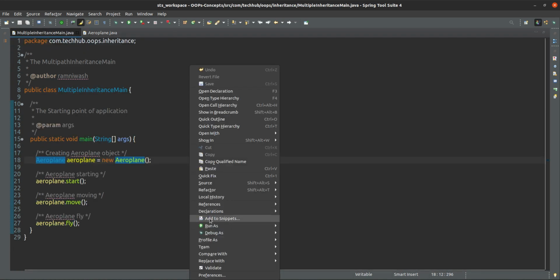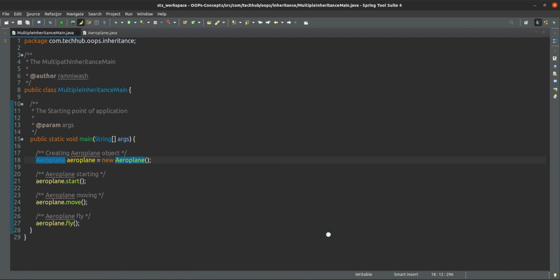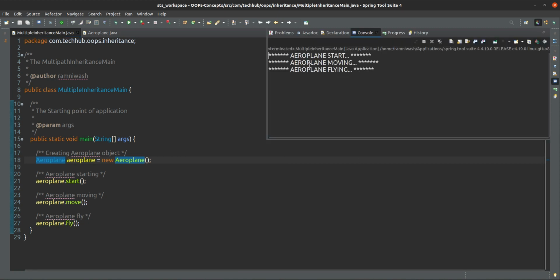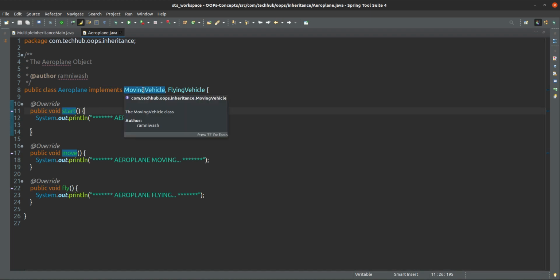If I run this code and you see the output, what will come? Aeroplane started, aeroplane moving, aeroplane flying. Where is the implementation? It is here only. But these methods are actually coming from the parent classes.